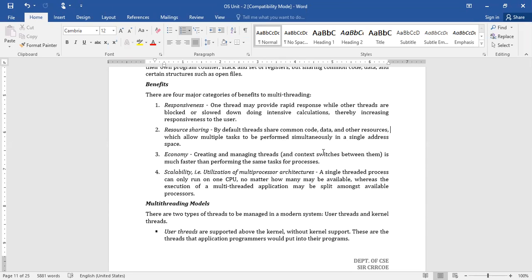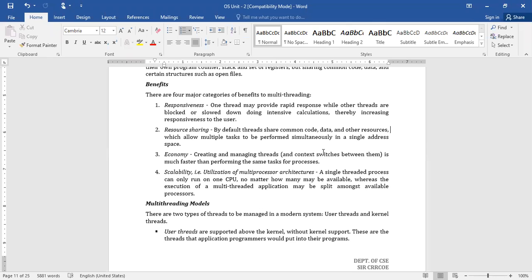In such a way, data in a single address space can be simultaneously accessed by multiple threads. So we can maximize the resource use, because one of the fundamental goals of our operating system is that it should act as a resource manager. So it will allow the users to use the resources and share the resources. Here it is done by maintaining the common code, data, and other resources, right?